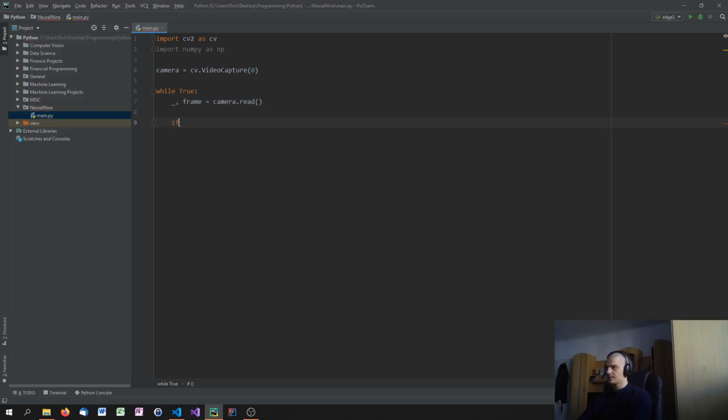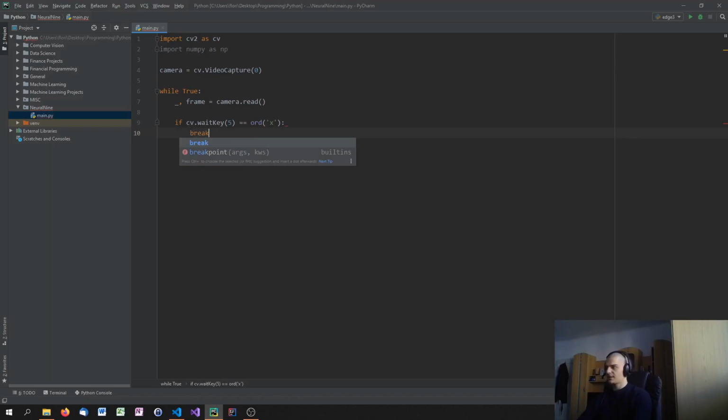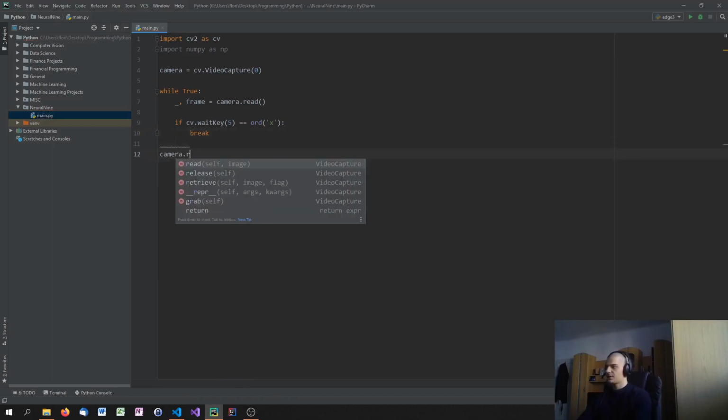So if cv.waitKey, we're going to wait 5 milliseconds, I think it is. If that is ord x, which basically means if we press the x key, we break out of the loop, and then we just say camera.release